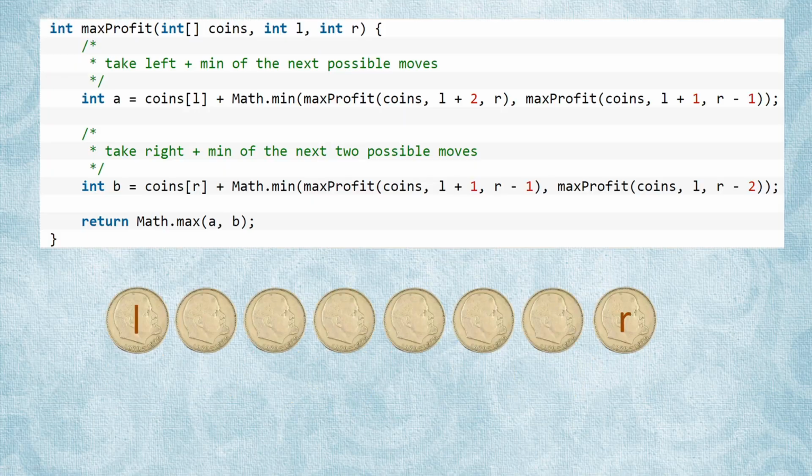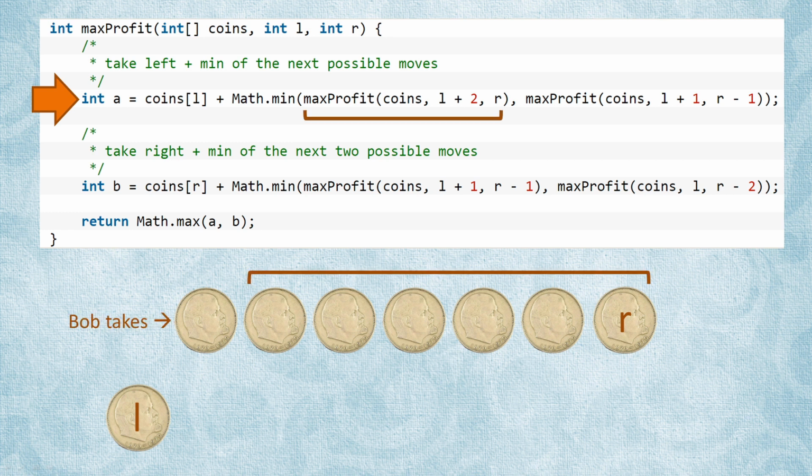This is where the second solution comes in that uses recursion. For Alice to decide whether to take the left coin or the right coin, she needs to calculate the maximum profit that could be collected in each case. Let's call possibility A when Alice takes the left coin and possibility B when Alice takes the right coin. For possibility A, we remove the left coin from the game. We know that Bob would then take his coin, which could be on either end, spurring off two more possible ways that the game could be played.